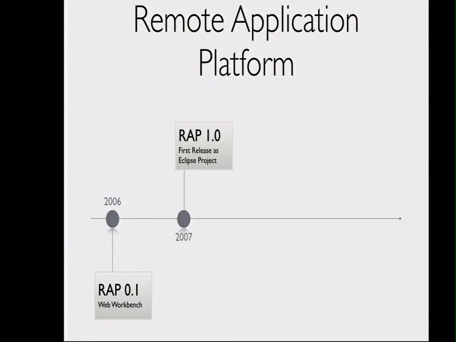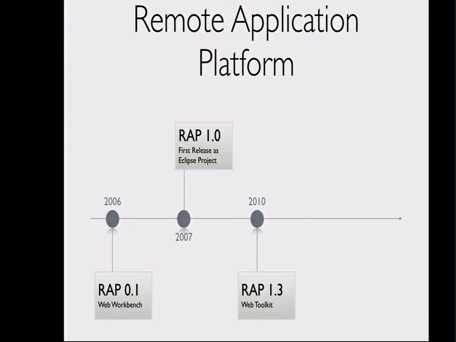A year later, we released RAP 1.0, and at that time it became an official Eclipse project. It was the first official release there. And we also used the SWT namespace for some things there to enable single sourcing. In 2010, we